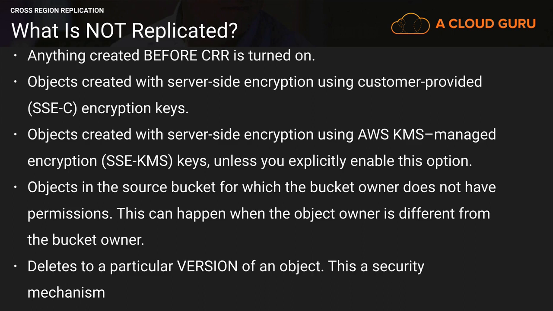And then deletes to a particular version of an object. As you can remember from the associate courses, we can actually go in and delete specific versions of a file. Now, cross-region replication will not replicate that delete to the other bucket, and this is a security mechanism. It stops people going in and maliciously deleting versions of a file that won't be deleted on the destination